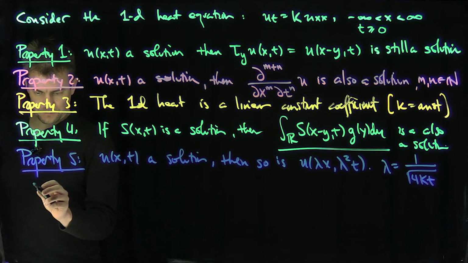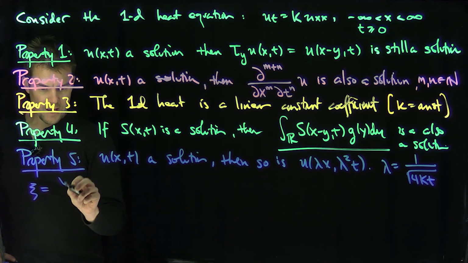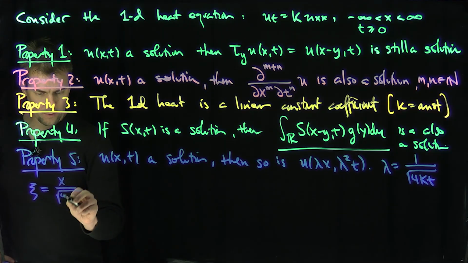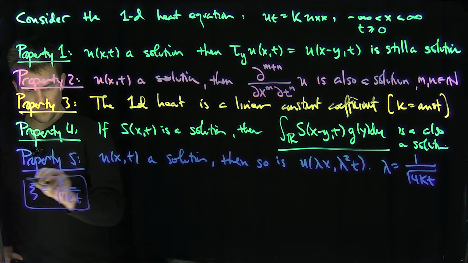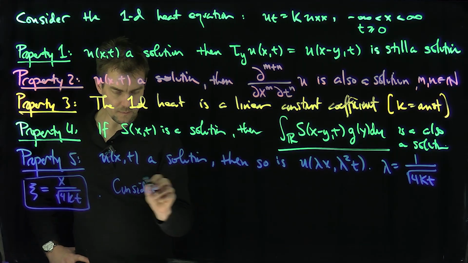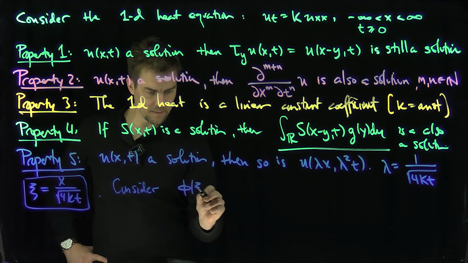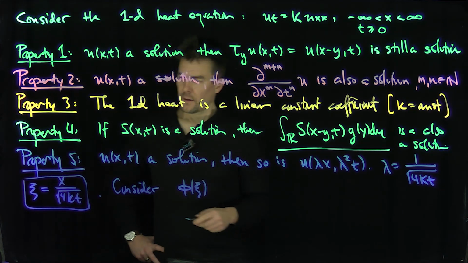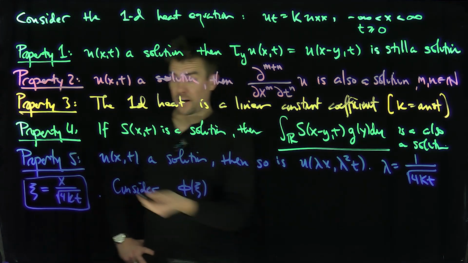I can look for a function. I can define a variable xc to be x over the square root of 4kt. That's my new variable xc, okay? And let's consider phi of xc, and I would like to figure out when phi of xc solves